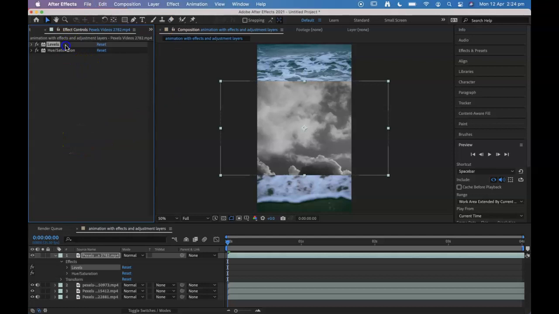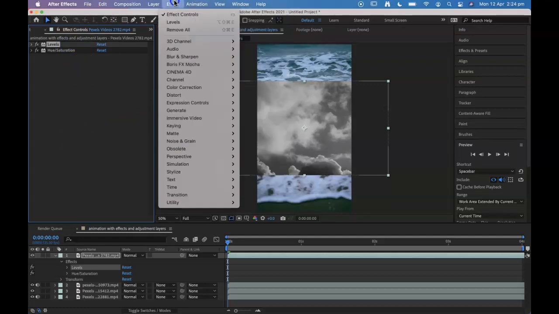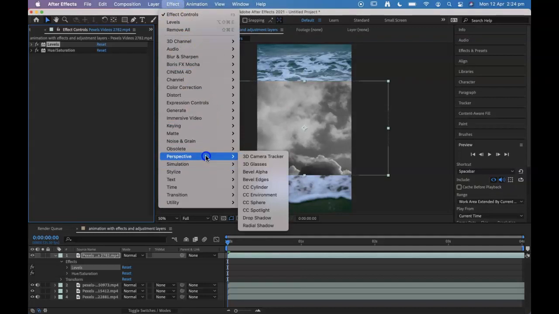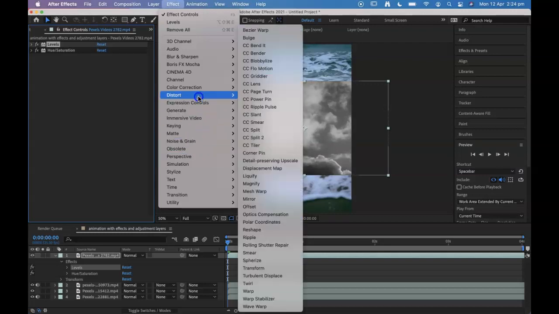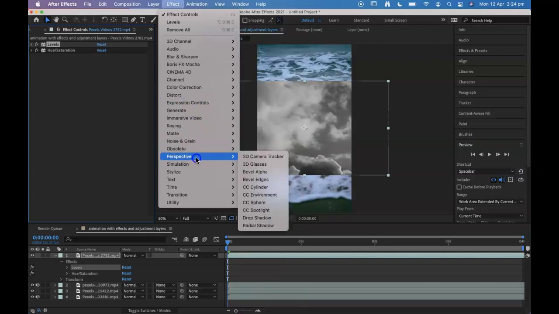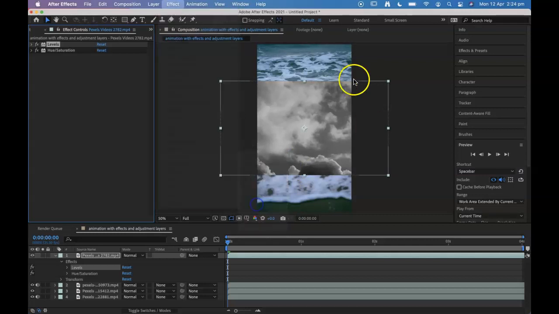Okay, I'm going to apply another effect, something we probably haven't looked at before. And this is by no means an extensive look at all of the effects available to us. It's just a very brief sample of some of our options. I'm going to apply the CC Sphere under Perspective to our